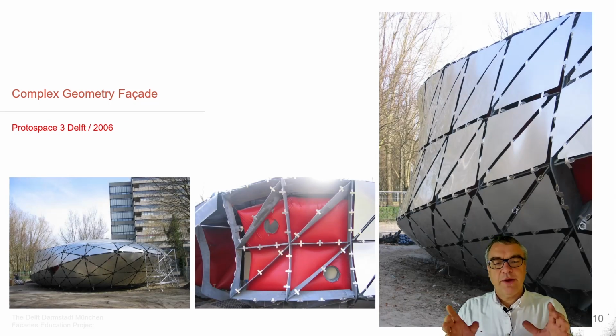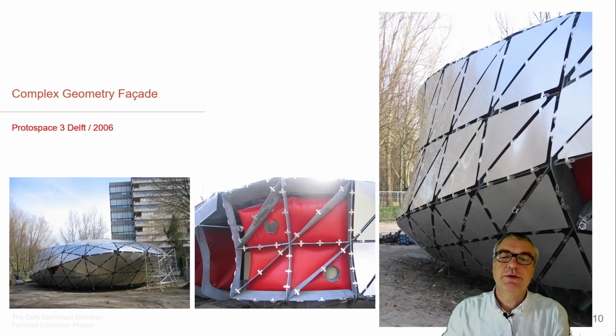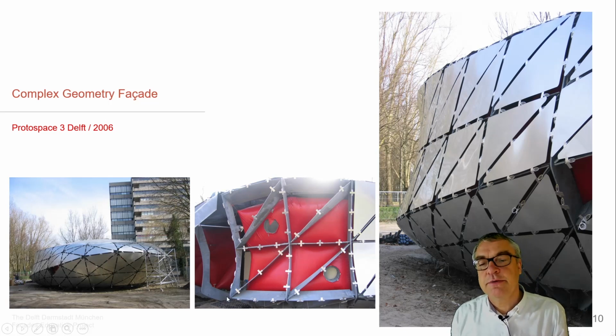When we try to get away from regular freeform structures to really freeform structures, this is a sample done in Delft, which shows a rather experimental setup. Okay, there's a certain aesthetically driven geometry which is developed, and we see that the complexity then appears. How do you close it? How do you wrap this as a system? How do you get the connection of the main steel system to the facade system?